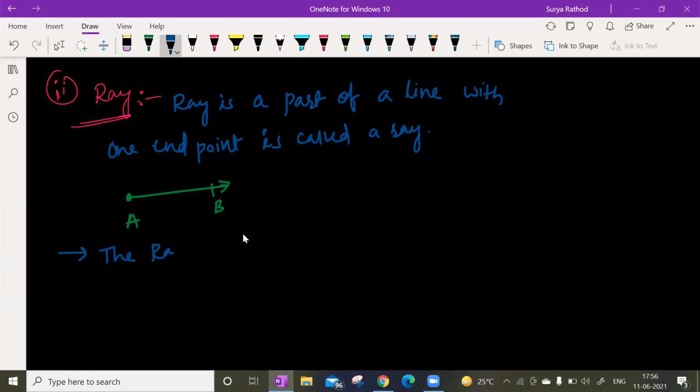The ray AB is denoted like this. Is there any doubt? A ray is a part of a line. So basically, a line segment means having two endpoints, and a ray means having one endpoint and one indefinite end. All right. Next,